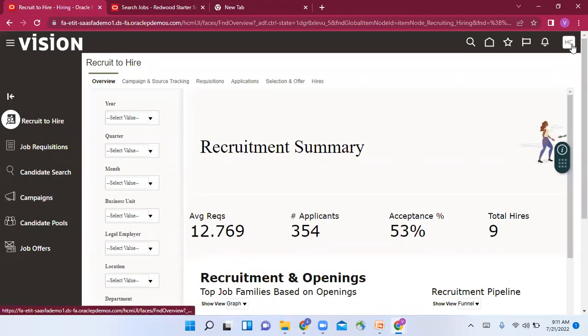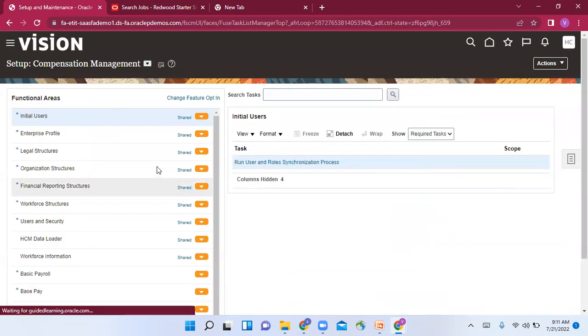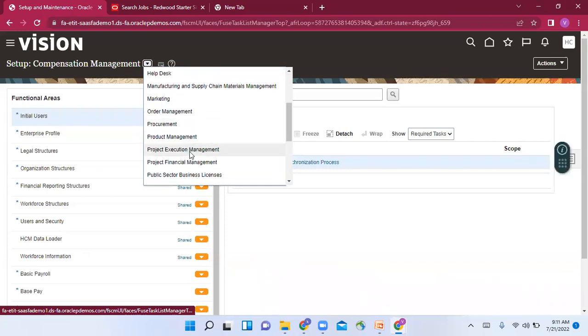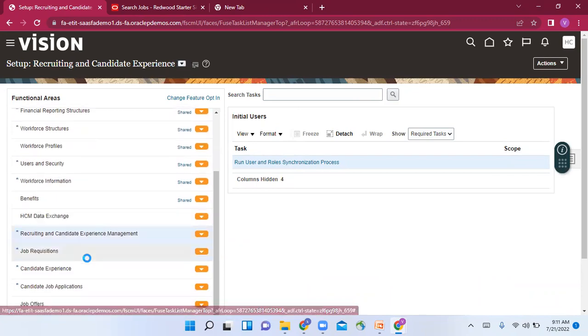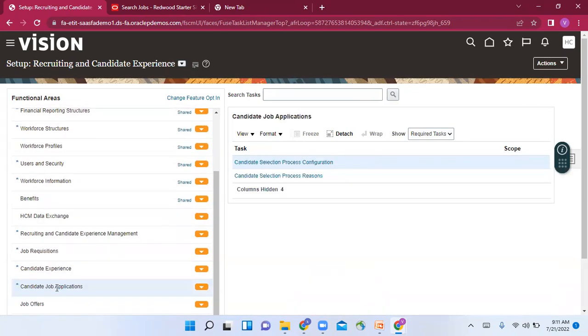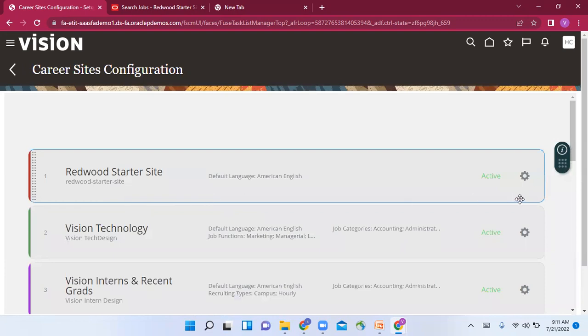Again, I will go to configure career site. Okay, configure career site, and just select the recruiting candidate experience. Here in the candidate experience, go to career site configuration. The one which we are using is the first career site. This is the one, Redwood. If you click on edit,